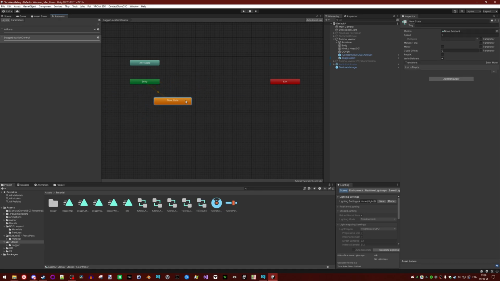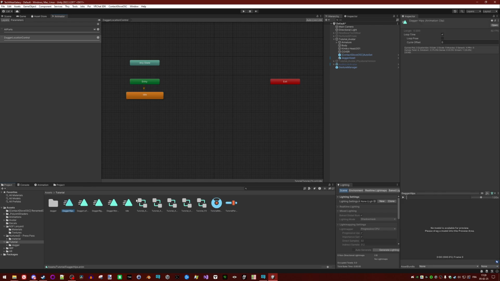And I don't know if it's VRChat or Unity, but one of the two doesn't like a state without an animation here. So that's why we need an animation that does nothing, basically. And we will throw it in there. Our idle animation will be the default, the starting state.